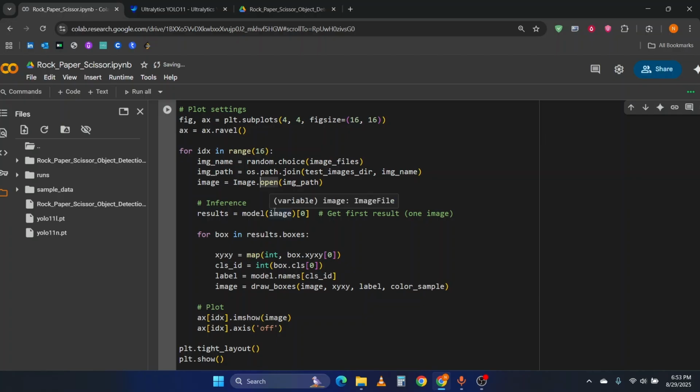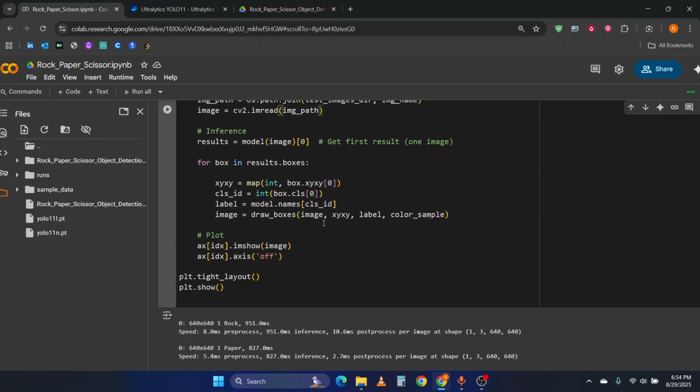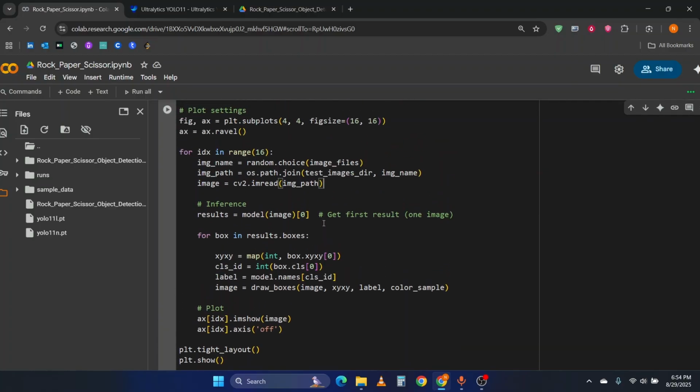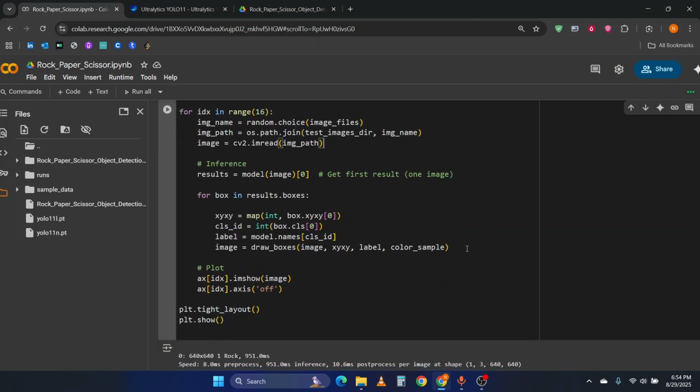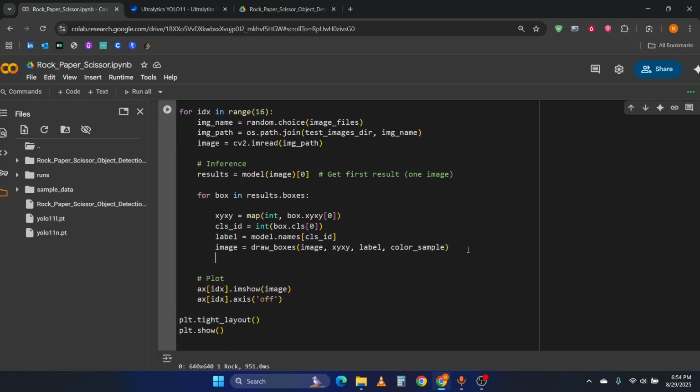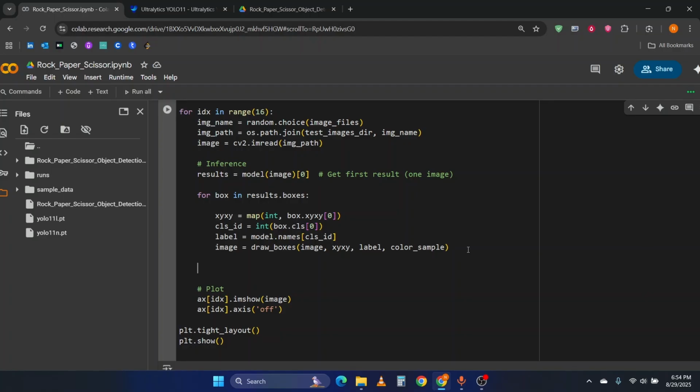So we have to convert that, or I have to read this image with cv2, so it will be cv2.imread. Now you already know that cv2 reads the image in BGR format. After creation of the bounding box and everything, I have to convert that image. So image is equal to cv2.cvtColor,